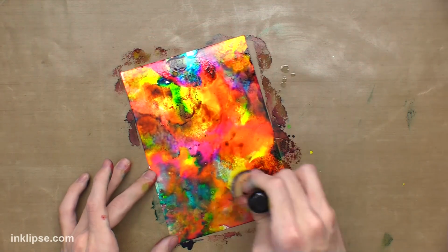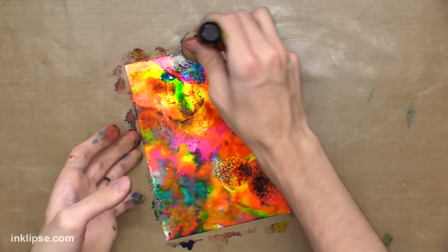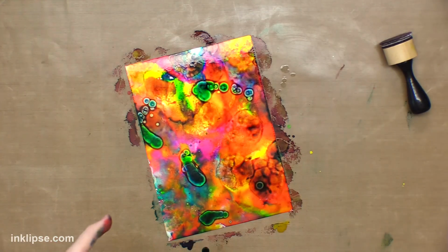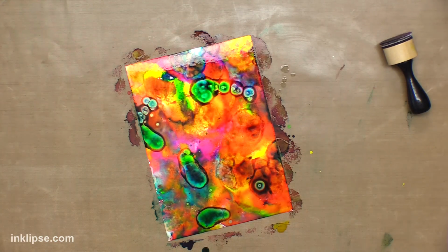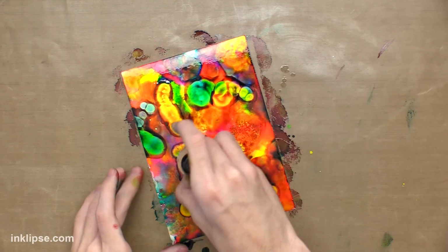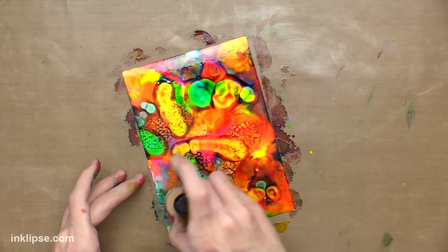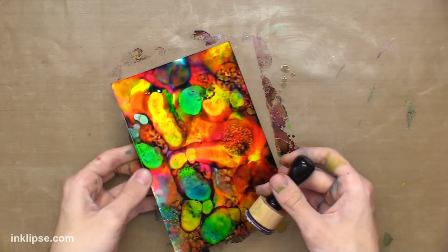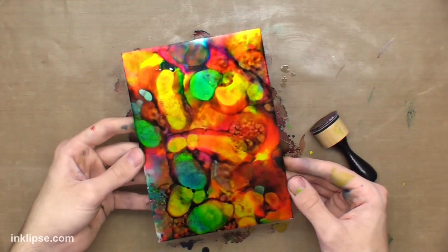So I love to just mix this color together, mix it in there. And then I can still go back in if I want to and just add some drops that are going to react with that color, because it's always going to stay reactive, which I really love about alcohol inks. They create some super fun effects in here. So I'm going to leave some of those not blended too much, but I love how this background is. So I'm going to